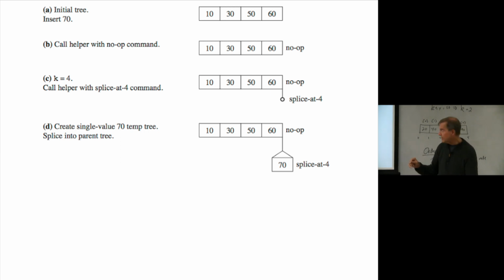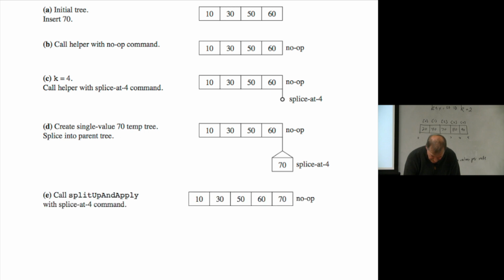Command temp. So then what do we execute? Splice at 4. Now do you see why we had saved that splice at 4? That's going to be splice at 4 on the way up. And splice at 4, it needs to be spliced in there because that's where it belongs. Okay? So it's going to be called, and so splice at 4. And then we return,